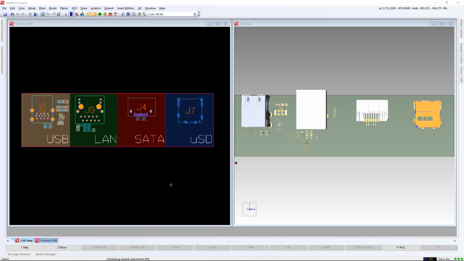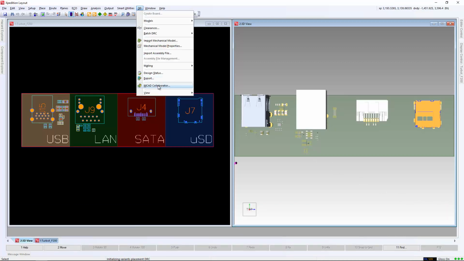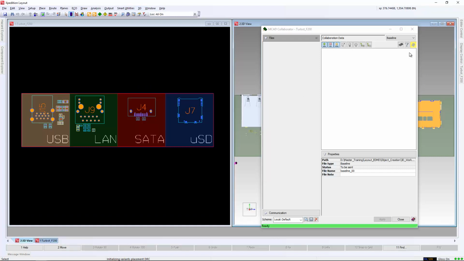Layout to Siemens NX. In this simple example, you can see that we have 4 minor variants and a master variant. We can select and view each variant in the 3D view. In the 3D view, we can open up MCAD Collaborator to review the information before we send it over to